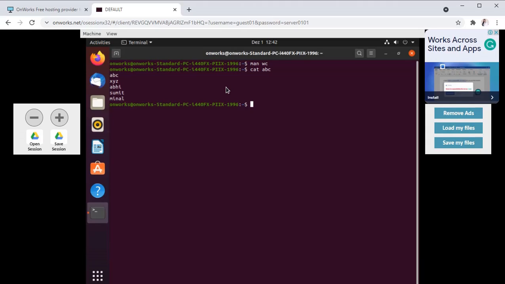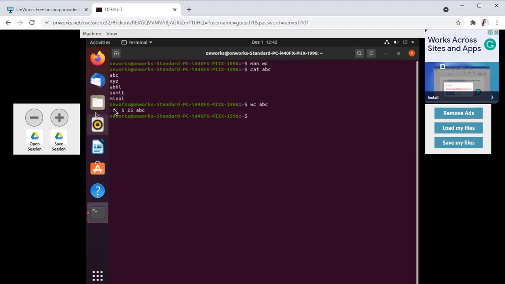Now in this particular abc file we will see how many lines are there, how many words are there, or how many characters are there. For that we'll use the wc command. So use wc and abc, enter. It will give the output 5 5 25 abc.